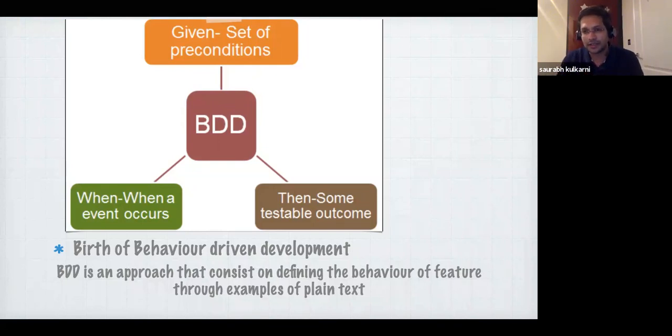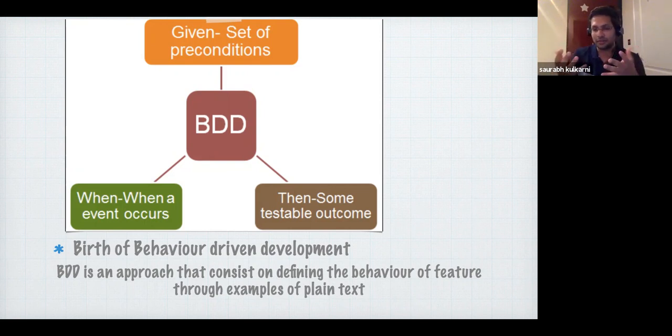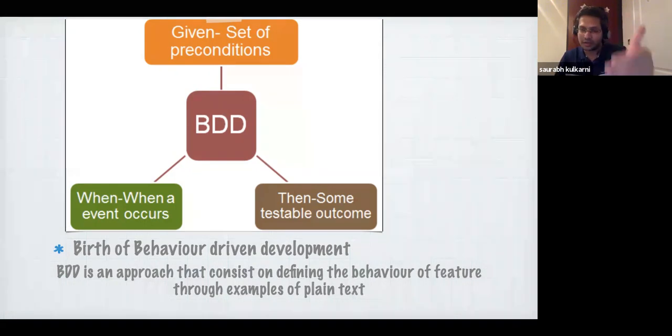So what happens here in behavior driven development? From the business side, the product owners and the business analysts give the requirement, and the template they use tells you what the user behavior is.